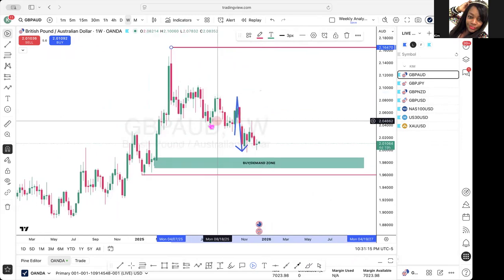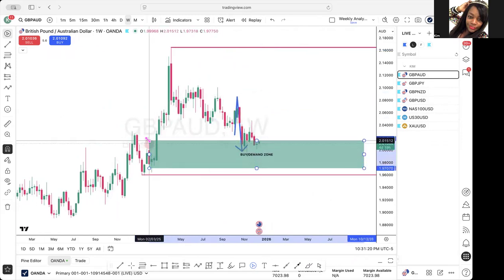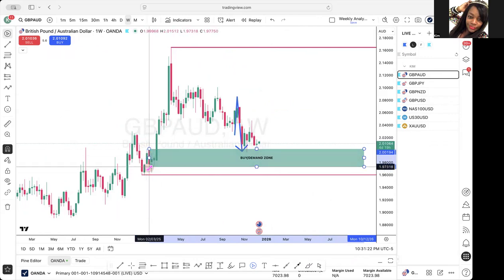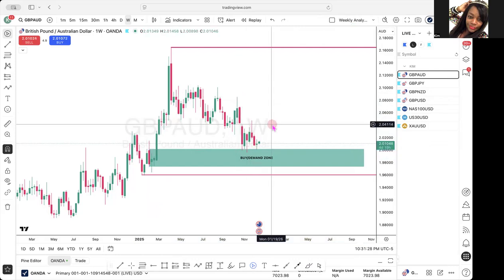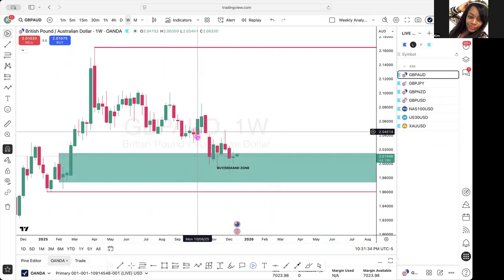So if we look at the weekly, this was the weekly demand zone, right? So price has already tapped into here. But when I look at structure going down to the zone, oh, this was a zone. All right. But when I look at structure in the zone, I can see that